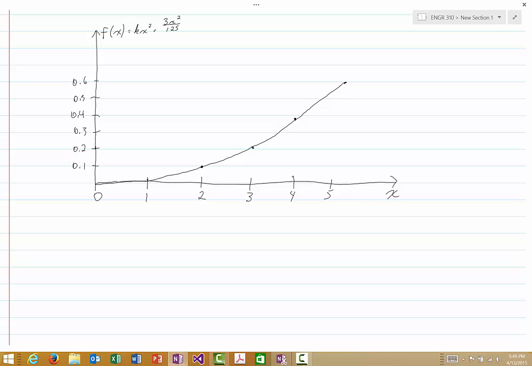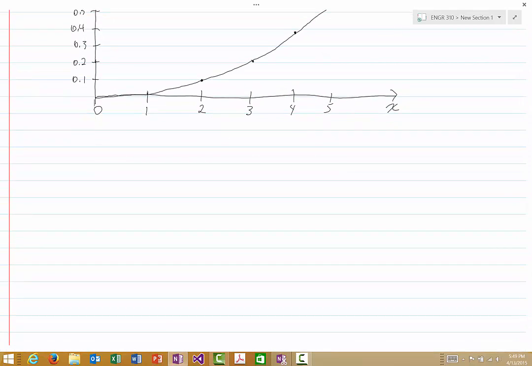Now it cannot be negative, but it does not have to be non-decreasing as this is. Now, capital F of x, it's important to know, capital F of x is non-decreasing for both discrete random variables and continuous random variables, but little f of x need not be non-decreasing. In problems 1 and 2, in both of those examples, little f of x is non-decreasing, but it doesn't have to be. So this is the graph for little f of x, and now to find capital F of x,